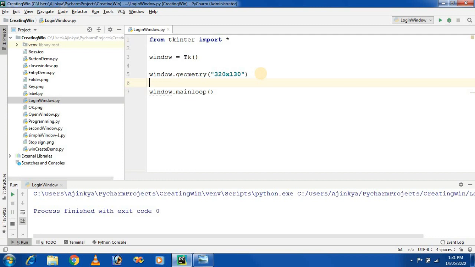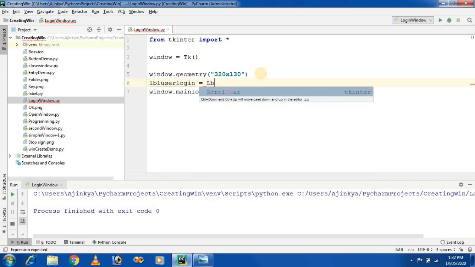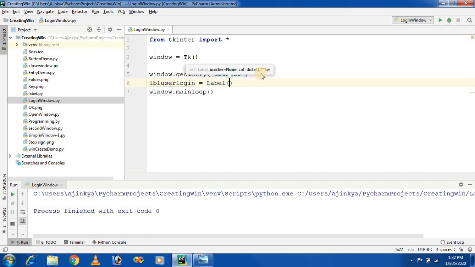Second thing, I am taking a label, lbl_user_login. This is the object, and how can we create a label? By using the Label class. This label is placed on the window, the first parameter. Second thing, the text on the label, that is the text property.